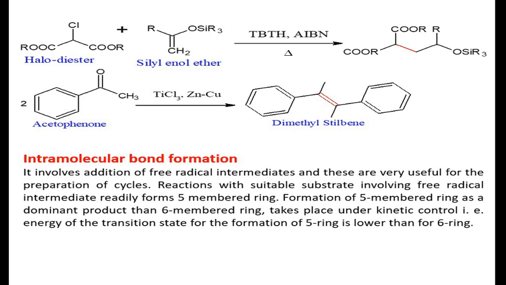One more reaction is there, but there is no use of tributyl tin hydride and AIBN. We have just put it in order to know the carbon-carbon bond formation between molecules. The acetophenone undergoes a reaction. This is a McMurry coupling reaction. There is a carbon-carbon bond formation. Now you understood the point of intermolecular bond formation by using tri-n-butyl tin hydride and AIBN.